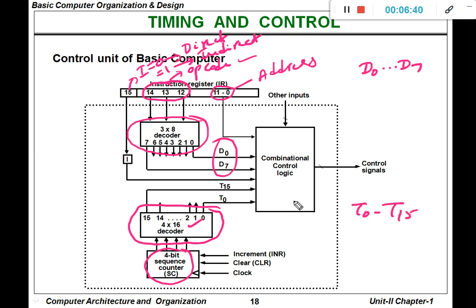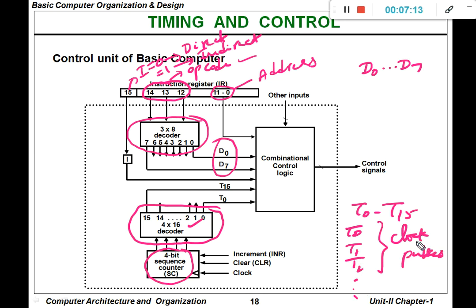These outputs T0 to T15 are the actual control mechanism, based on which the particular operation is carried out. For each and every timing signal, T0, T1, T2 and so on, we are going to generate clock pulses.